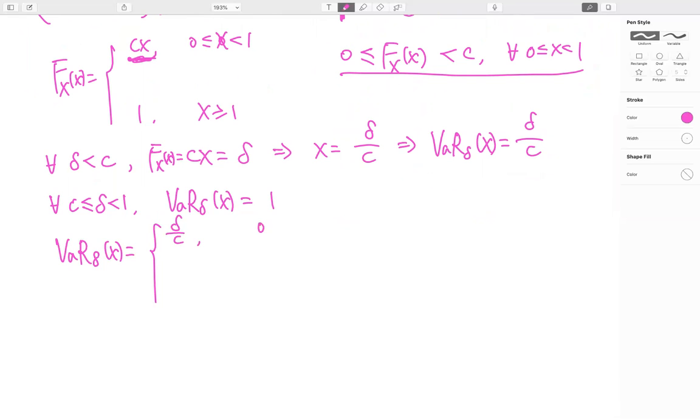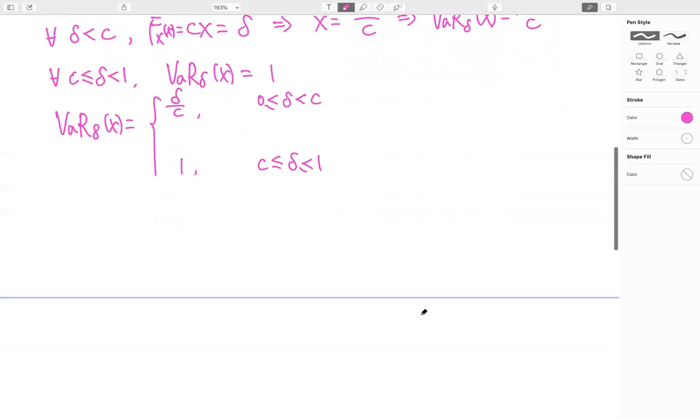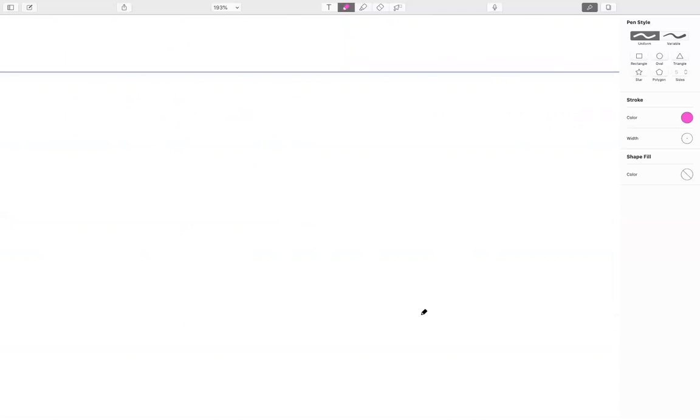So when this delta is greater than 0, less than C, if it's ever greater than C, less than 1, or if you want, you can put 1, right? But here it doesn't really matter. Okay, then we want to calculate the TVAR. To calculate TVAR,